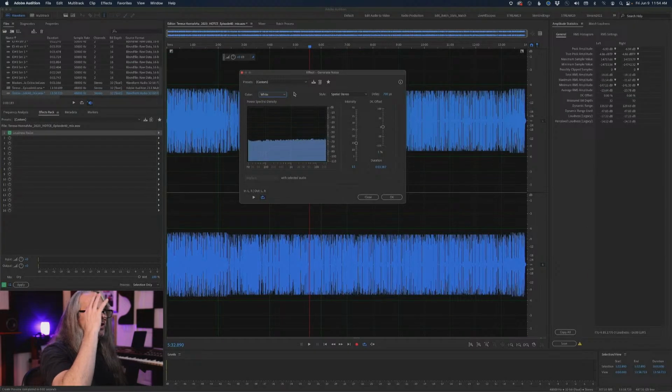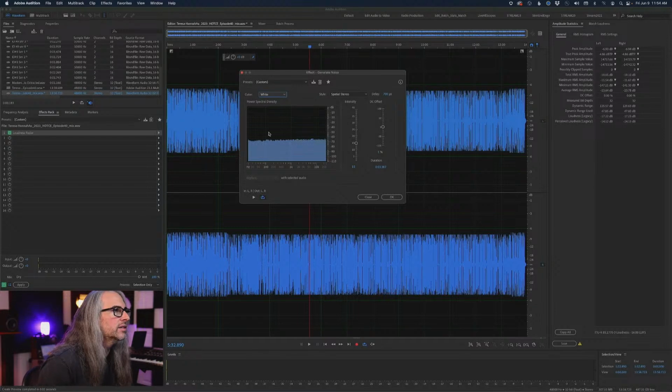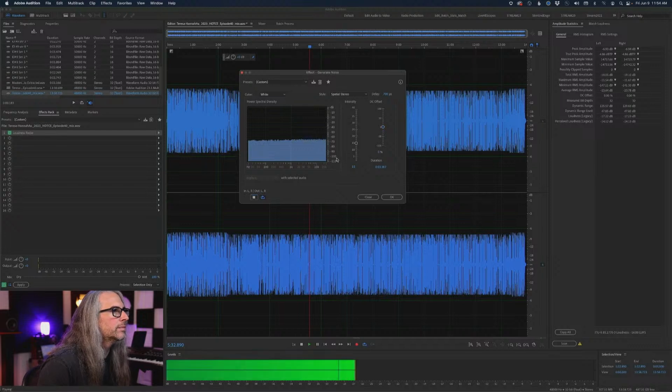And this can be useful if, let's say, you're handing this off to someone who's going to mix and you want to give them reference levels at the beginning of your audio mix or something. You want to generate noise. Why would I put a DC offset on there? I don't know. You can do that. So let's see. What's our intensity here?